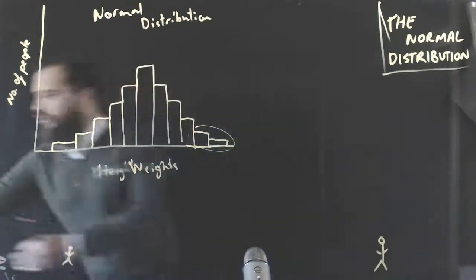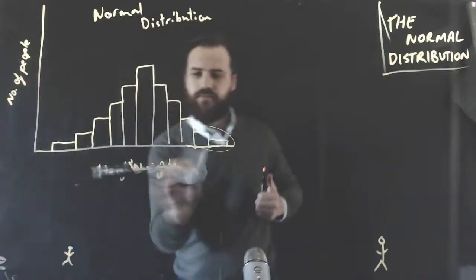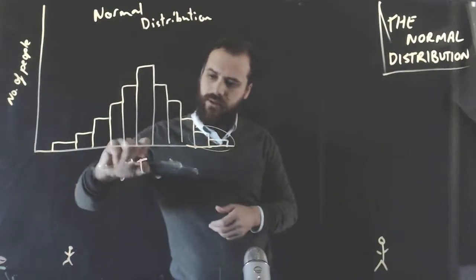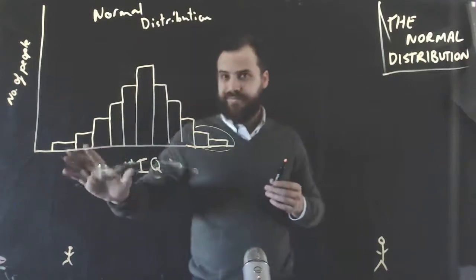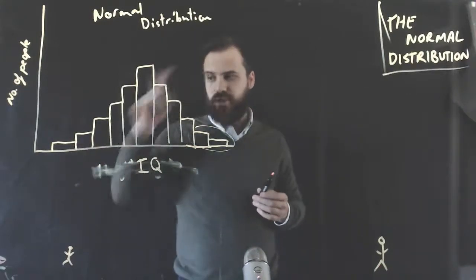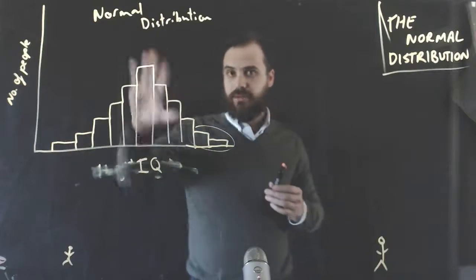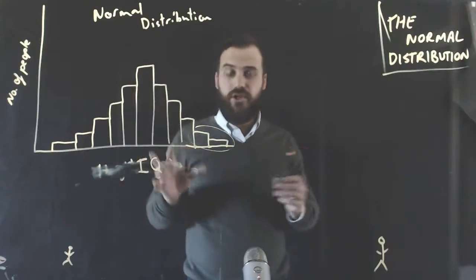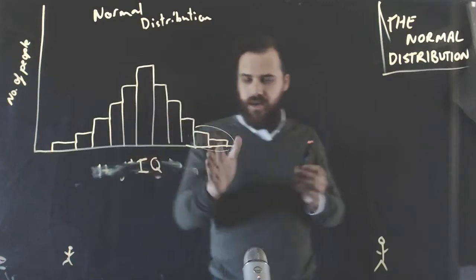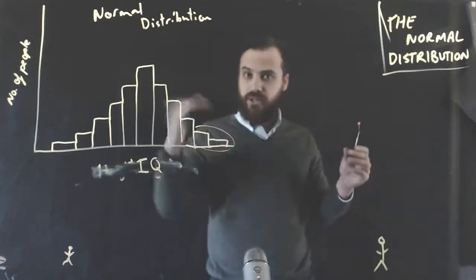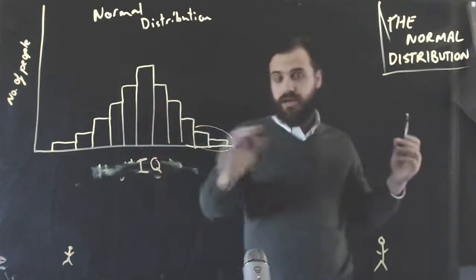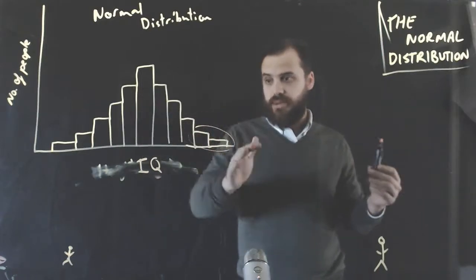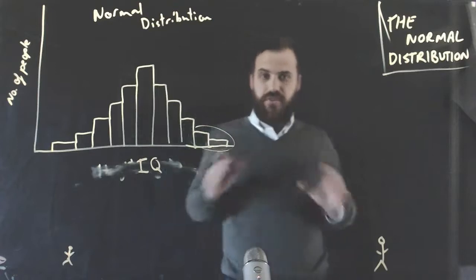We might also use IQ. Some people, not so bright. Most people are in the middle here. Actually got an IQ of 100. Some people are up here. Stephen Hawking, the guy in the wheelchair with the robot voice, he's got an IQ like way, way up off the scale. There's some really, really smart people. Okay, so lots of different things